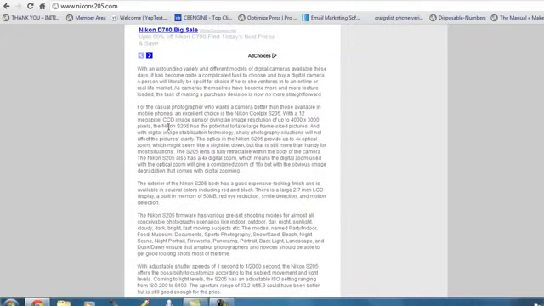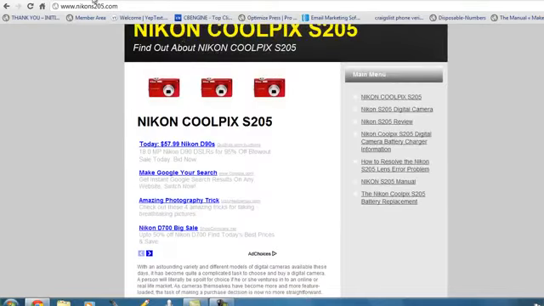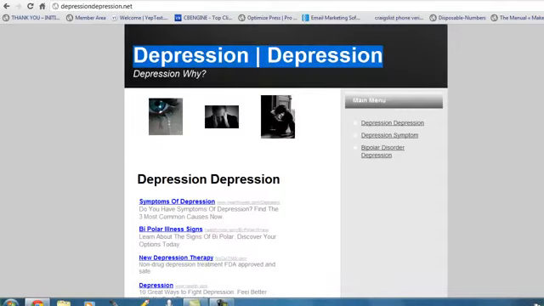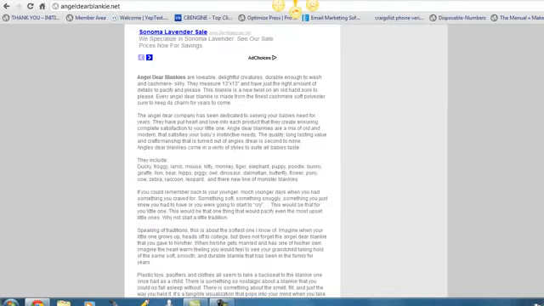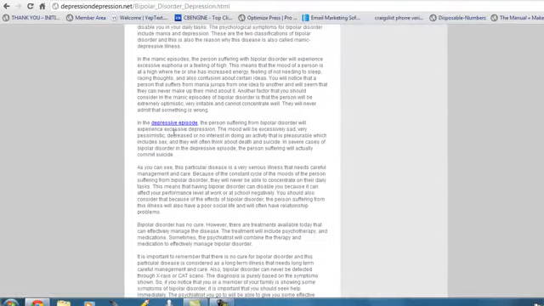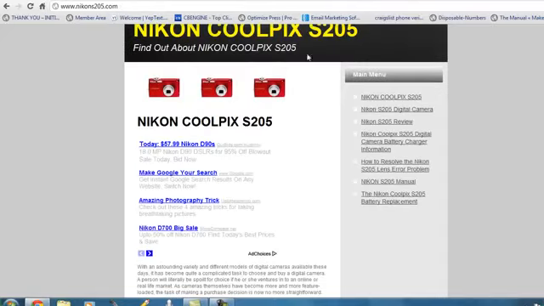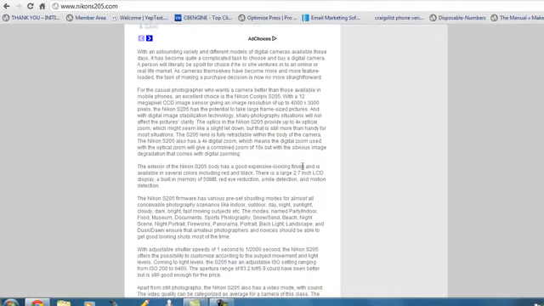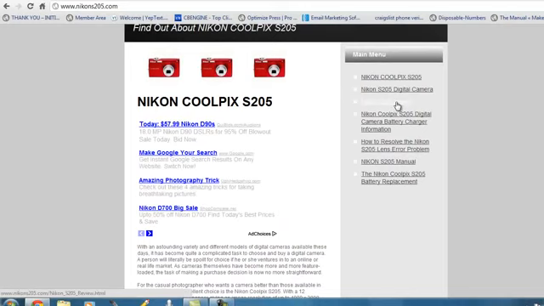There's the body, nothing specific. I could go in here if I wanted to spend more time, and which I did on some of them. Let me show you. Like this one I bolded here. And this one, let's see. This one I hyperlink. So there's different things. If you were to structure this completely, what you would do is you would go in and bold the actual keyword. So maybe I'll go back and bold Nikon S205. What else I would do is I would hyperlink, say Nikon S205. I might hyperlink that to, say, the review page.